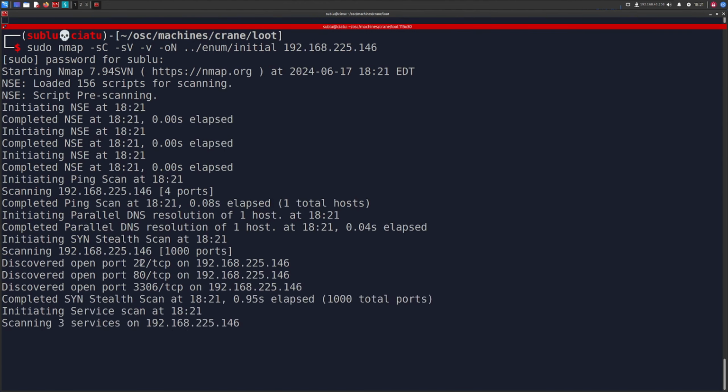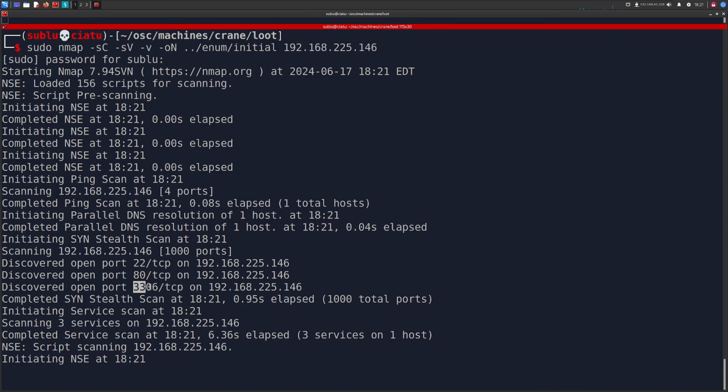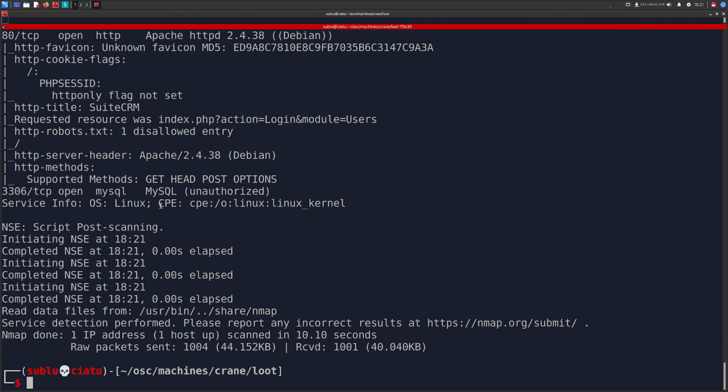And we see that we have a couple of ports coming through right here. We have 22, which is SSH. We have 80, which is HTTP. And we have MySQL on 3306. So we can take a look at this. Let's do less